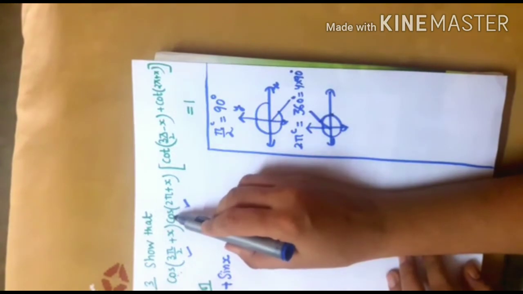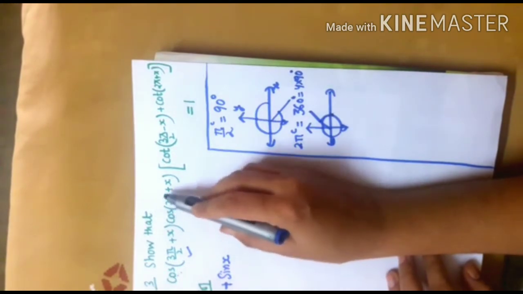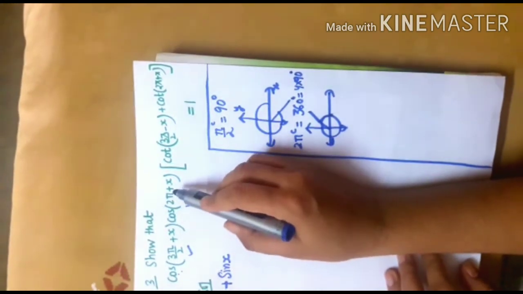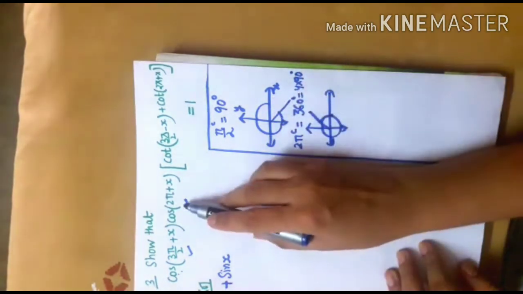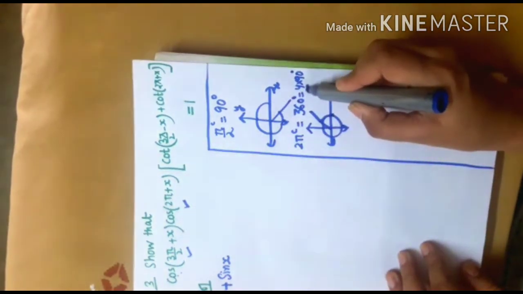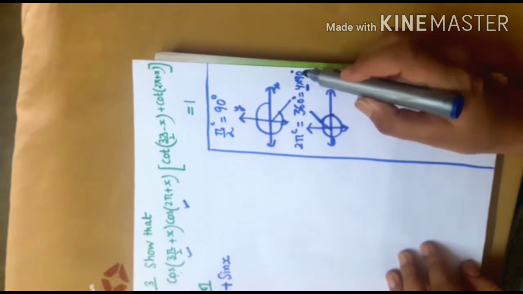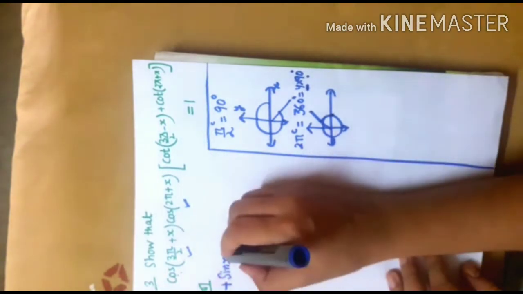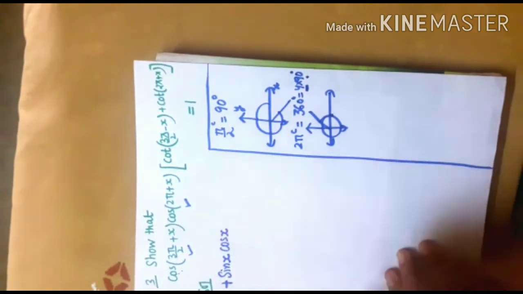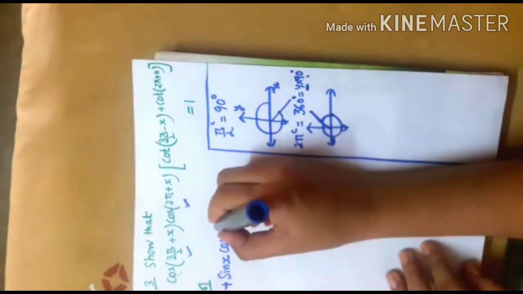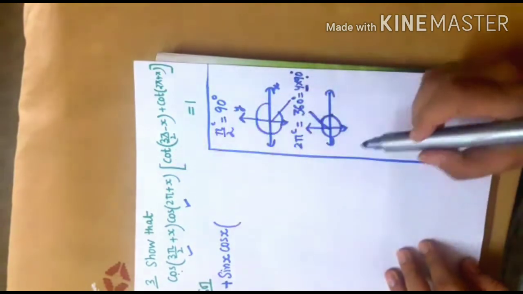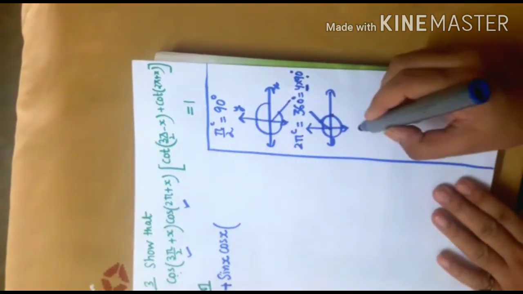In the first quadrant, all trigonometric ratios are positive. So the value of this will be positive. And 2 pi is an even multiple of 90, 4 into 90. So the ratio will not change, so I'll get here cos x, right? Into